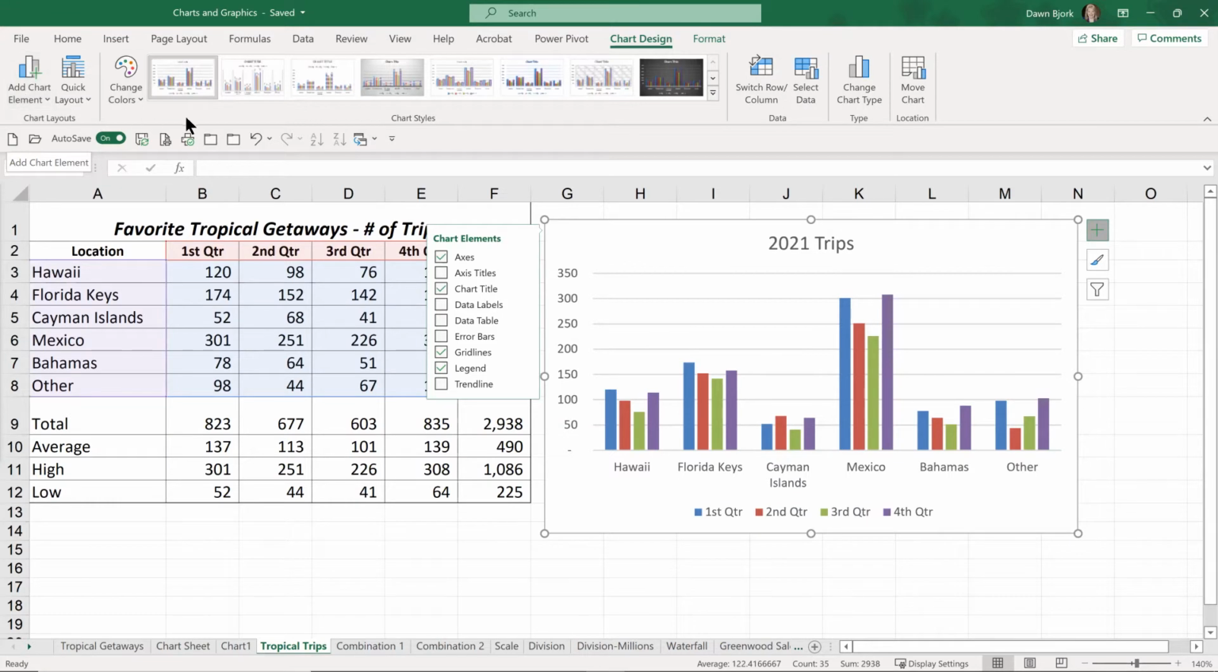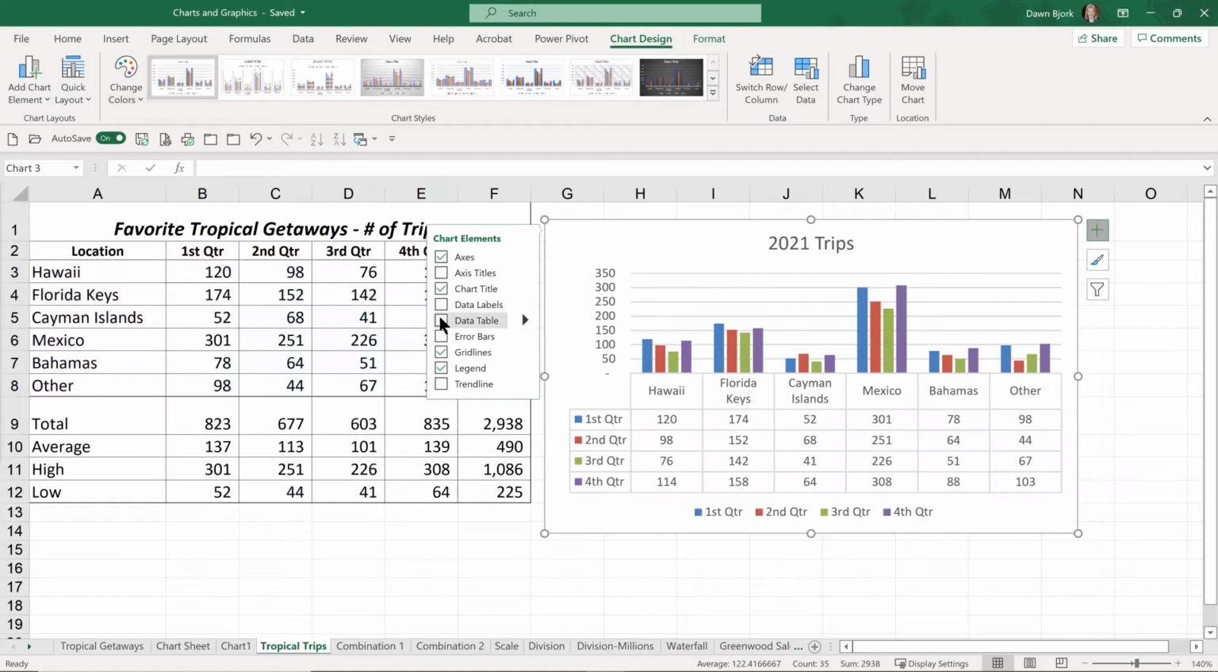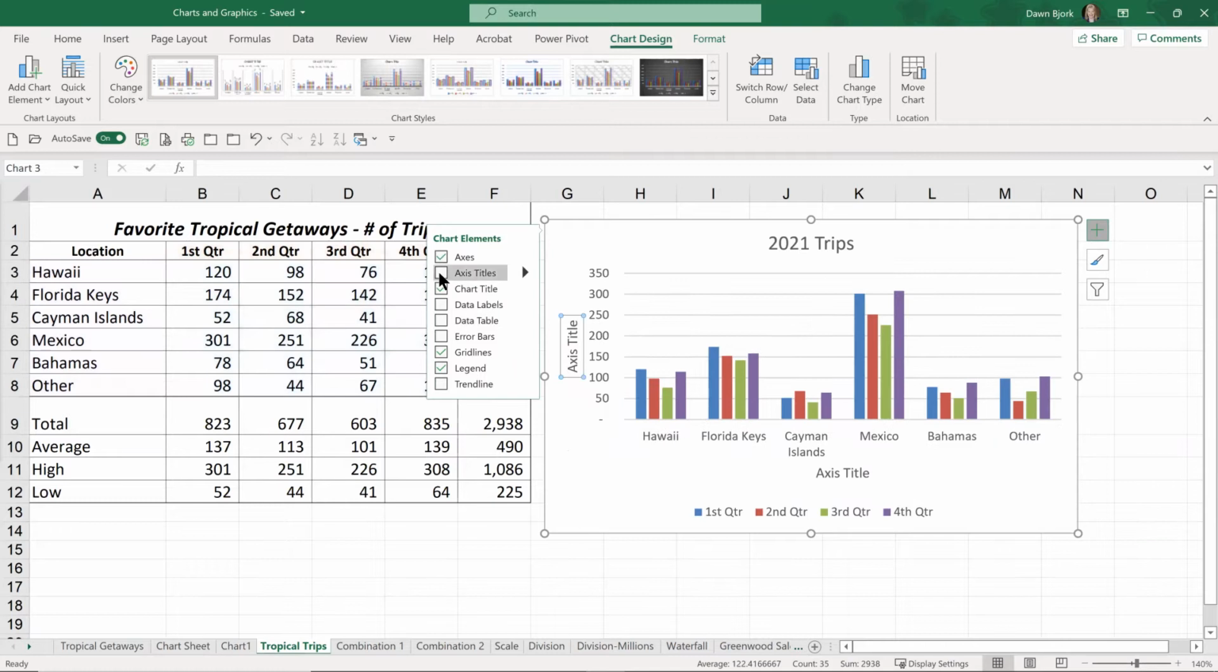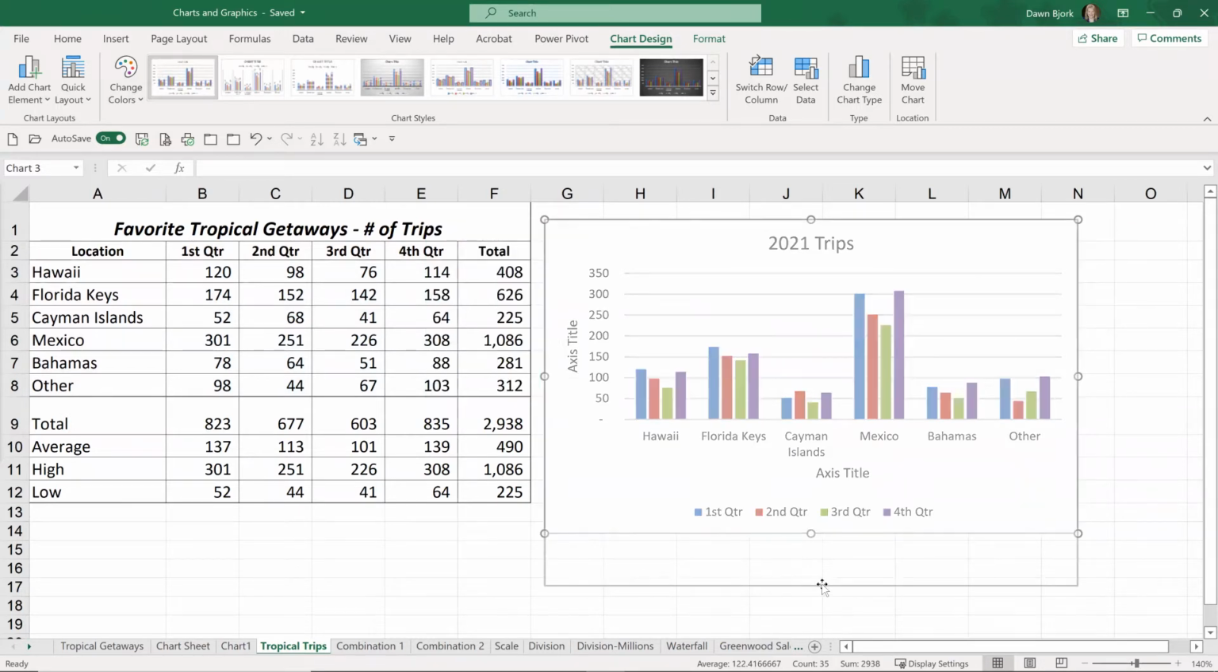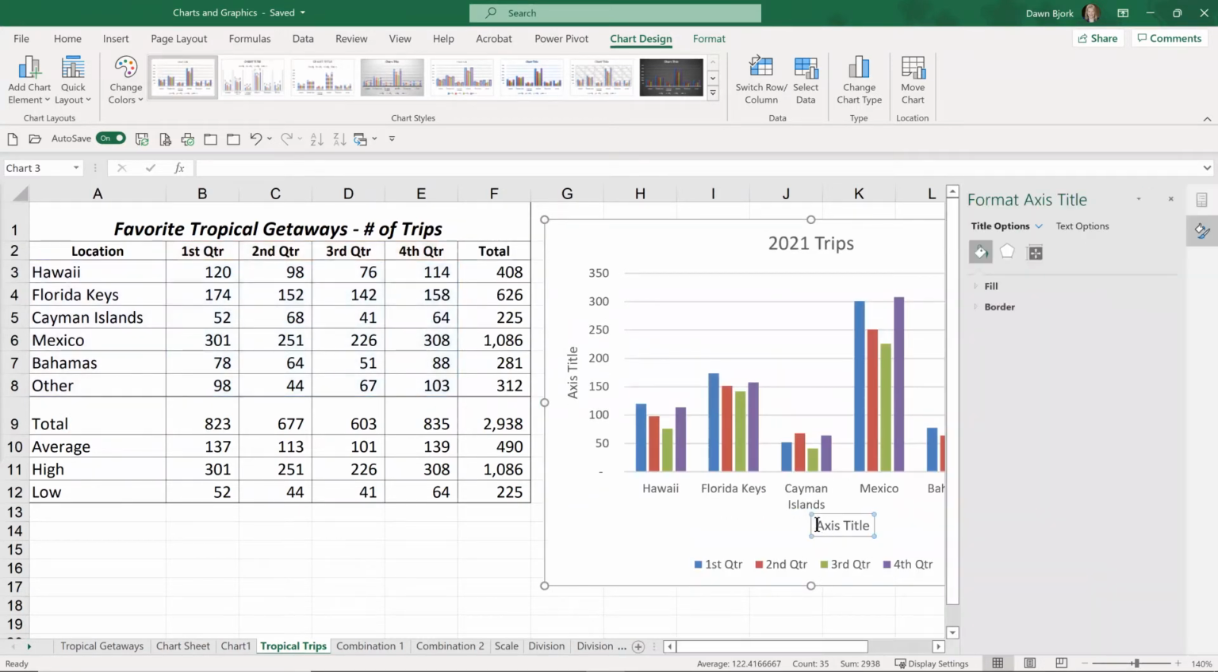So for instance, let's say that I want to put in a data table. So a data table, if it's fairly simple data, is a way to take that same data that would be in the worksheet and actually show it in the chart. And in some cases, that might be a great option for you. Or maybe I want to put in my axis title. So I selected that one. And that means that, for instance, and I'll size this, make it a little taller here. Now I want to show our tropical